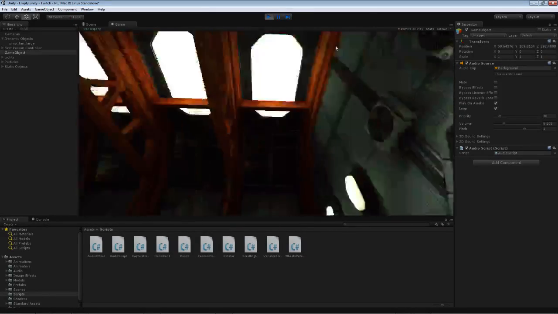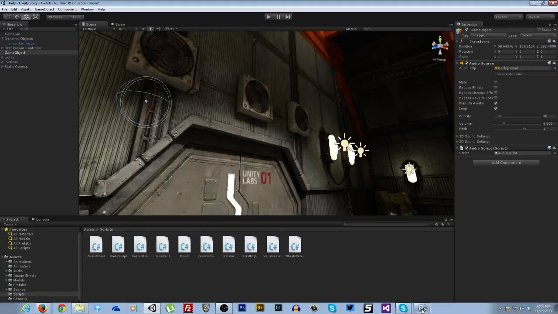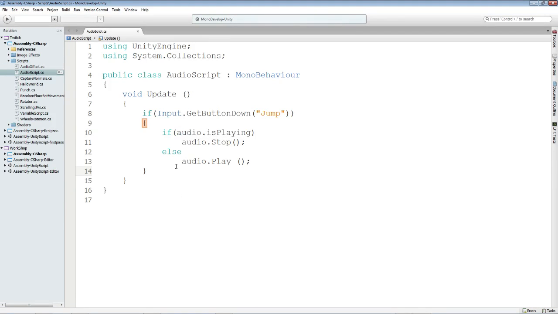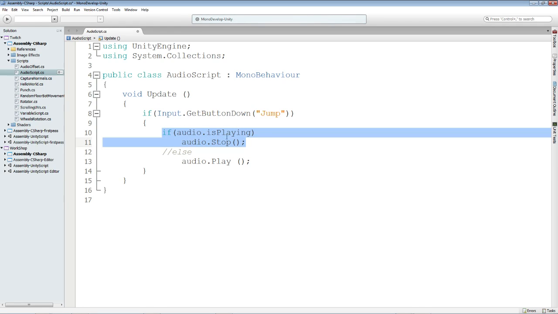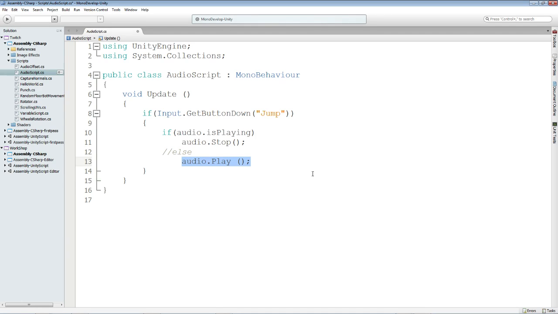Right? Nice and easy. You're saying that I don't need the else? Why wouldn't I need the else? If I don't have the else, it's just going to start my audio every time I jump. The else is absolutely mandatory. Yes, we need our else. Okay. Now, some... I'm not stuck. What? No, the else is required. Absolutely. If I took the else out, if it was playing, it would stop it, and then it would immediately play it again every single time. We don't want to trigger it every time. We want to toggle, so else is necessary. Okay, anyway,